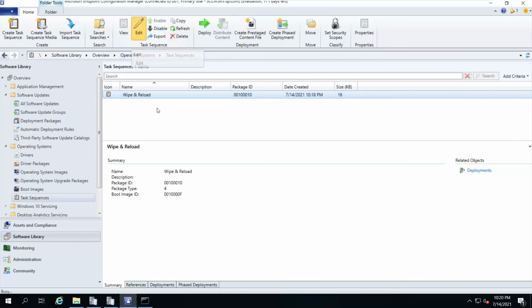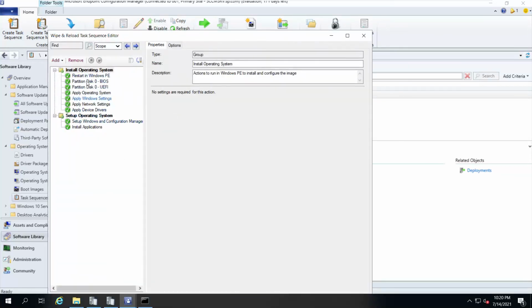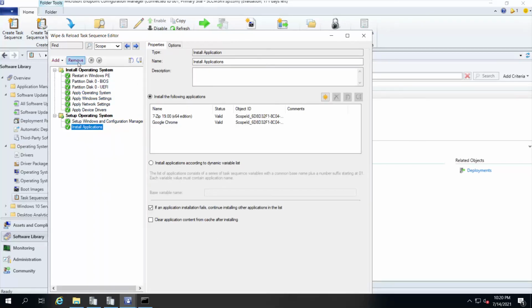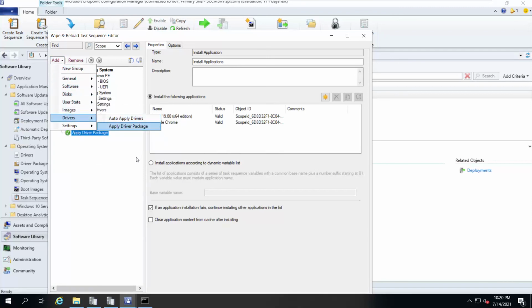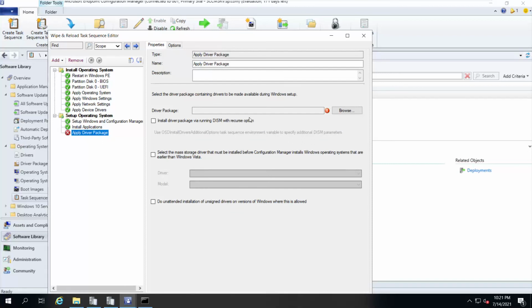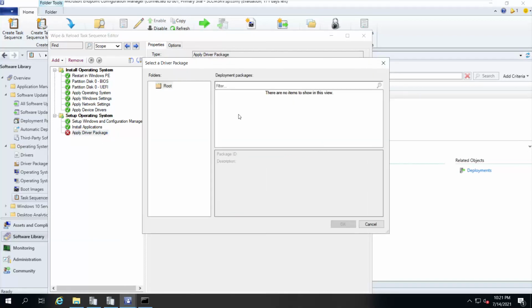You click edit, and you can edit the task sequence. If you want to remove any steps, let's say I want to remove install application, I can just click on remove. I can add a step also. Let's say I want to add drivers, apply driver package, right? So here in the driver package, I can give a package which is there.